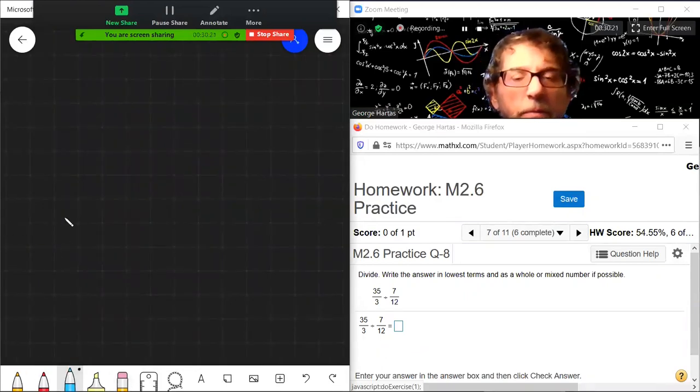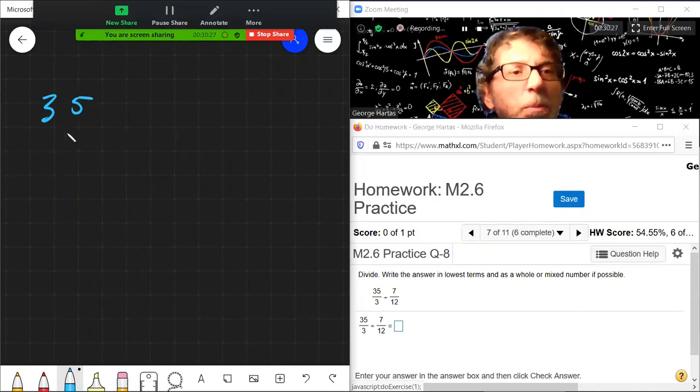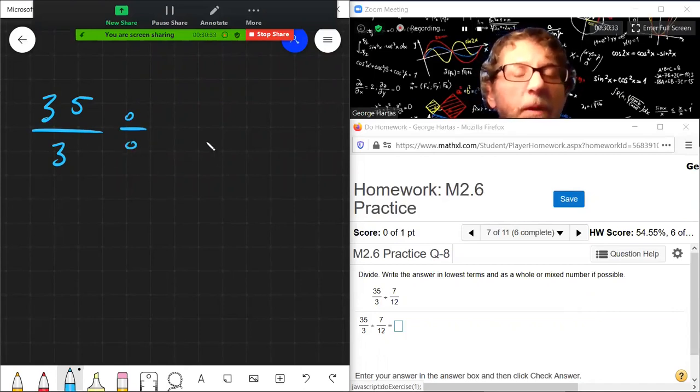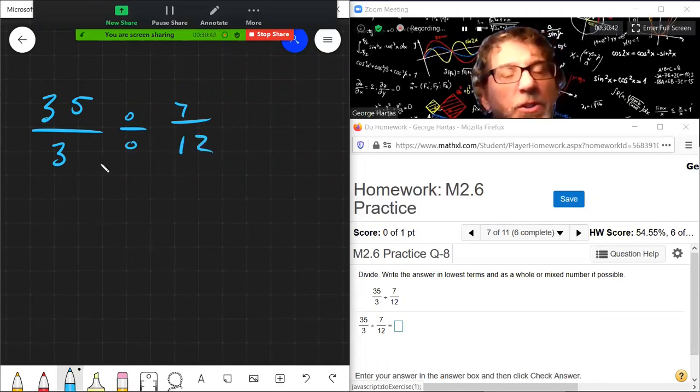All right. So once you get the concept down of keep, change, flip, and as long as you're good with multiplying fractions, it's just one more step. It's just one simple little step in addition to multiplying fractions. And that step is the KCF, not KFC, George, KCF step. All right, I'm thinking of chicken here. All right, so we have